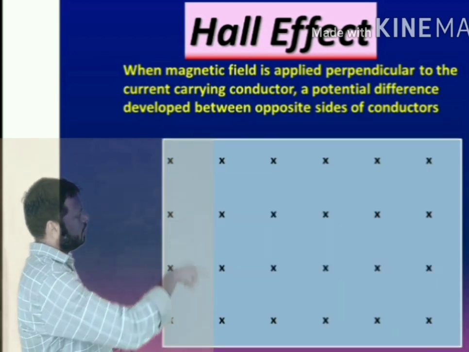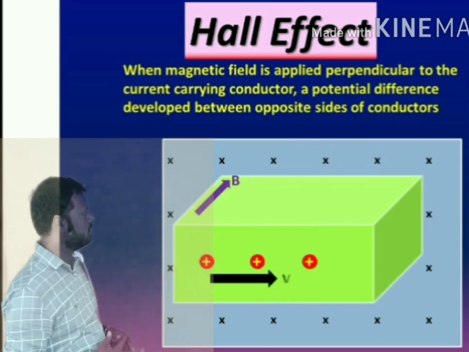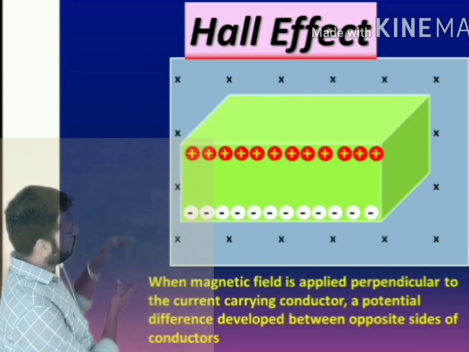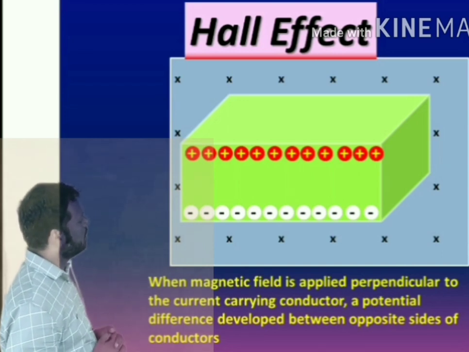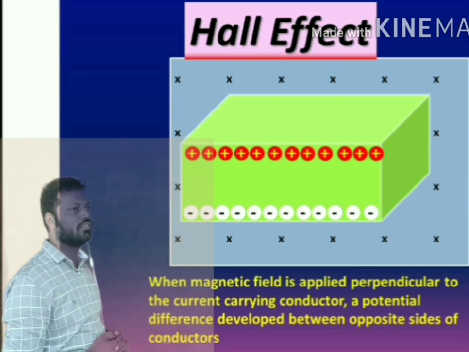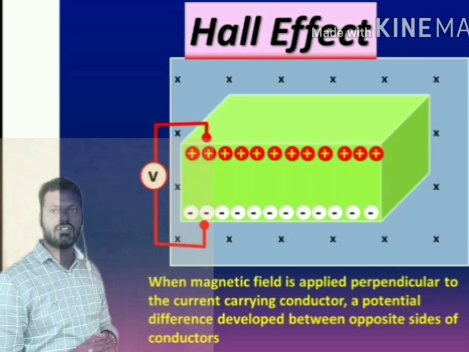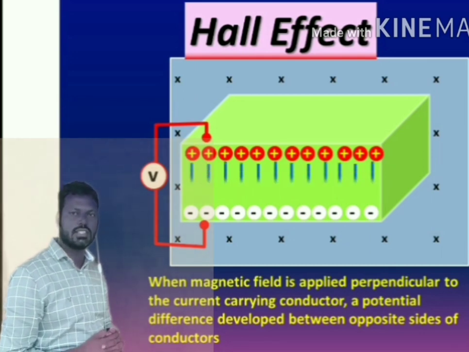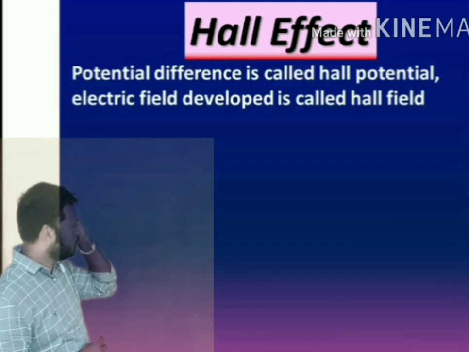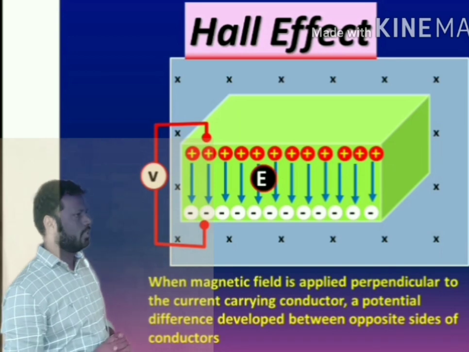The magnetic field is acting along the y direction and charges are moving along the x direction. So the resultant force acts along the z direction, so that opposite charges accumulate on opposite sides of the strip. Because of these stationary charges, an electric potential is developed between the charges, called Hall potential, and an electric field is induced between the charges, called Hall electric field. This phenomenon of developing potential difference between opposite sides is called Hall effect.